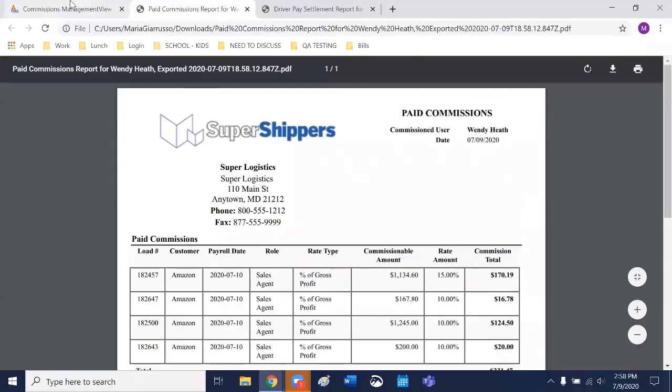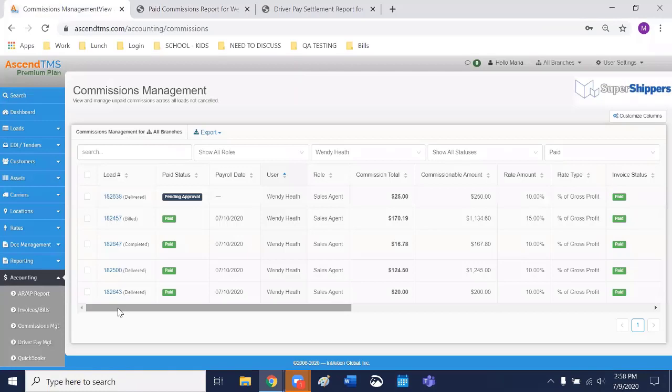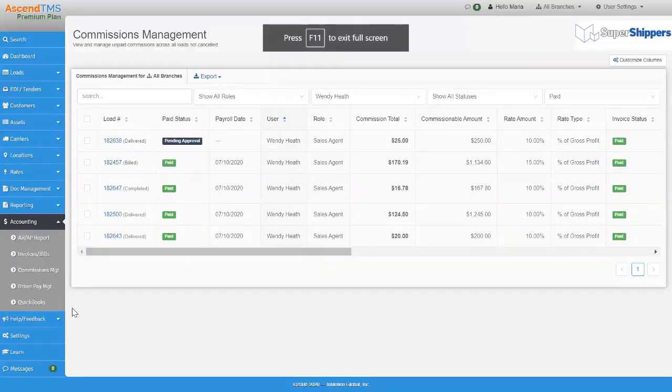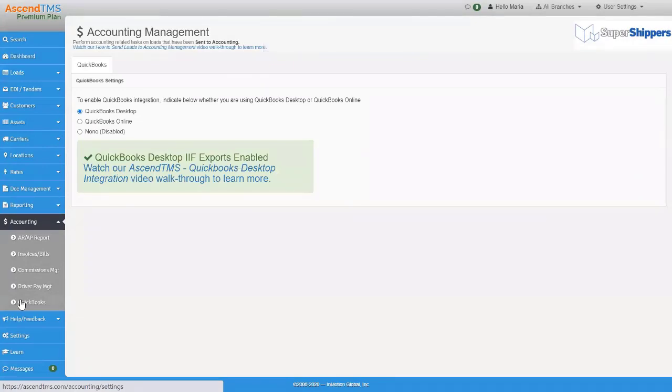All right, so let me get back in here. Guys, I'm gonna give you a quick run through of QuickBooks because I'm gonna be the girl you talk to most likely, although any of my support team can help you, but I'm your go-to girl when it comes to QuickBooks. I'll help you get it set up. The integrations work a little different between QuickBooks Desktop and QuickBooks Online, okay? So I wanna break down those differences, and then when you guys are ready to go, reach out to us, we'll help you get it set up.